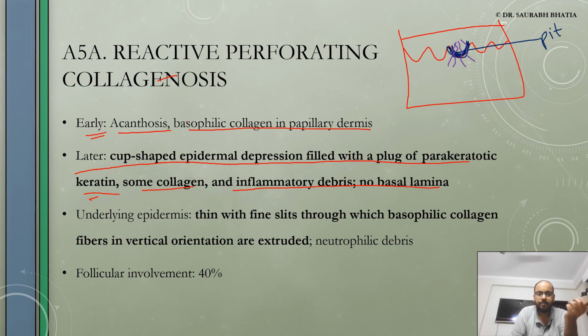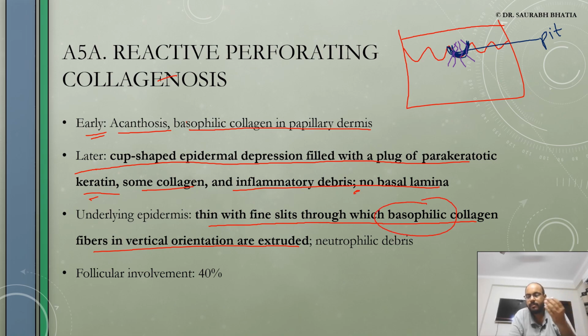The underlying epidermis is thin with fine slits through which basophilic collagen fibers in vertical orientation are extruded. Now remember, normal collagen in the dermis is mostly horizontal or in a storiform pattern. If it becomes vertical, that means something is wrong. And if you look at this word,